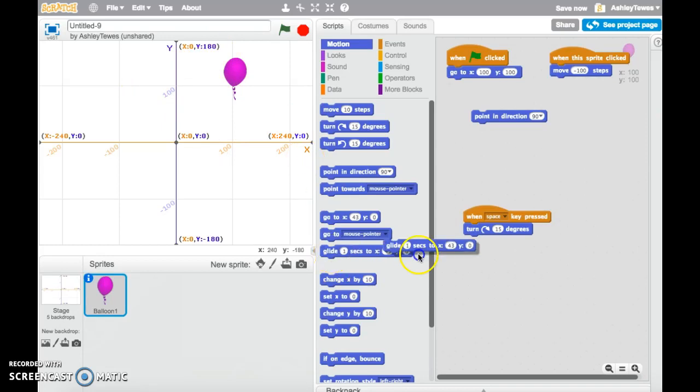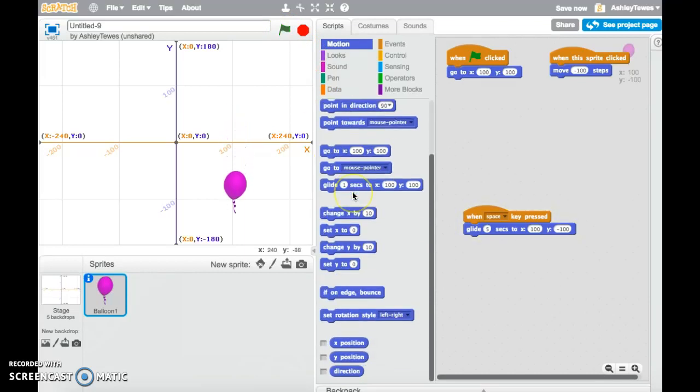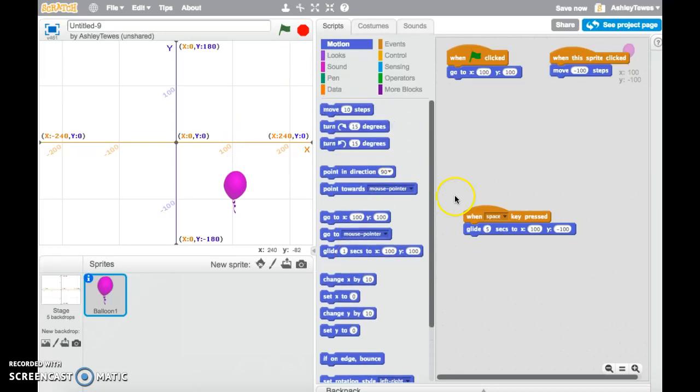Another thing we could do is glide. So I could say, let's go to this spot. And then when I hit the space key, I'd like to glide to 100, negative 100. And I'd like this to take 5 seconds. So we'll start by hitting the green flag. I'm at 100, 100. When I hit the space key, I'm slowly going to glide to this new spot. And again, there are some other blocks in here that you could play with, but this is where we will